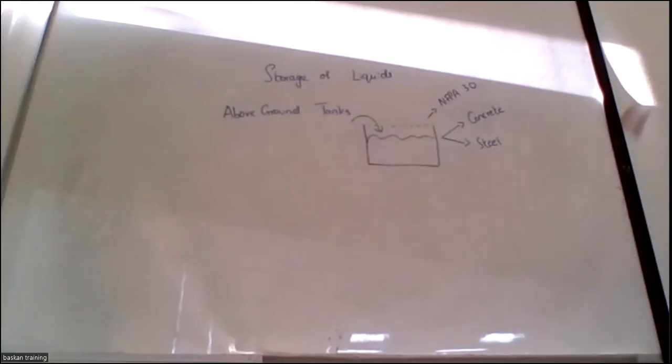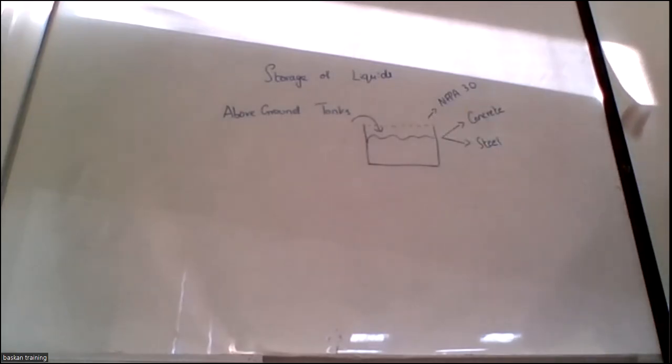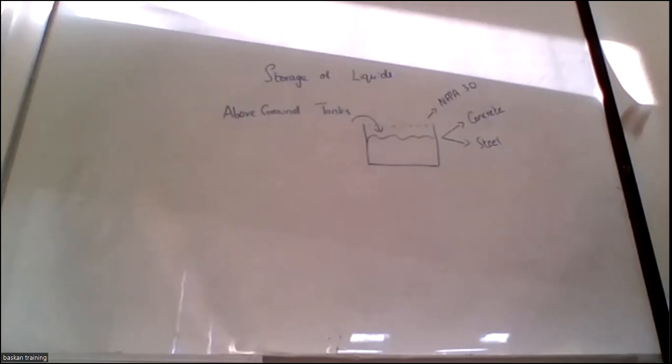Whichever liquid you pour inside a tank, vapor will accumulate. That is one of the basic concepts you have to always keep in mind. How much space you have to leave for this vapor accumulation depends upon the type of liquid. Whenever liquid is dispensed, it has a specific pressure, and based on that pressure you identify how much vapor accumulation there is. For that purpose you need to vent it out.